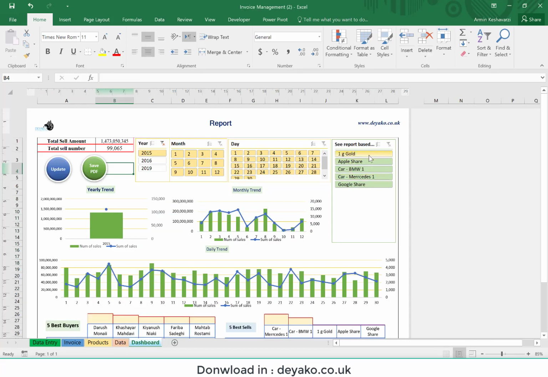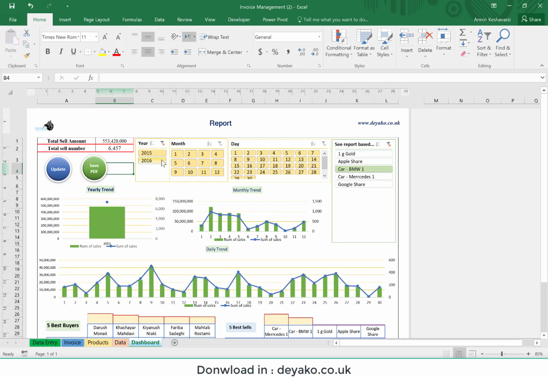Also, by using this one, for example, I want to see how much Mercedes-Benz. These are the data for past 2050, and these are random products. These are something from previous things. So for example, I want to see how much BMW I sold in 2050. I can filter it to BMW, and you can see this is a monthly trend, daily trend, and the best customers